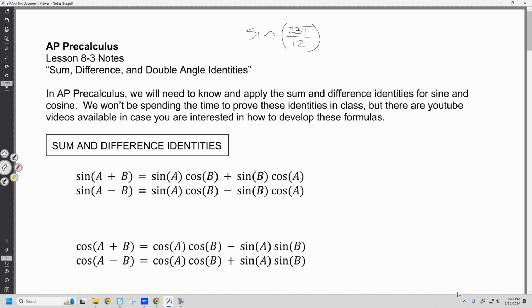The Greeks discovered that if you want to find the trig function, the sine particularly, of a sum of two angles, you can find the sine of the first angle times the cosine of the second angle. Keep whatever sign you're doing, whether you're adding your two angles or subtracting the two angles, keep the same sign. And then how Mr. Messner likes to do it,